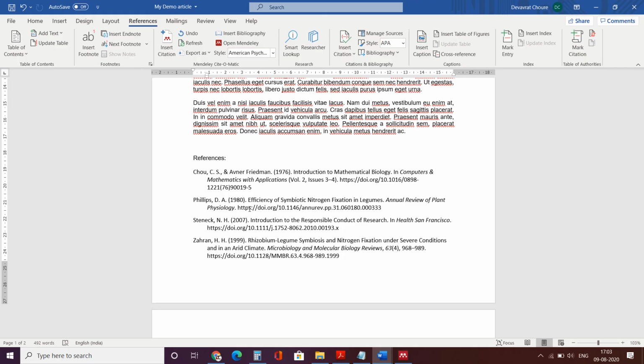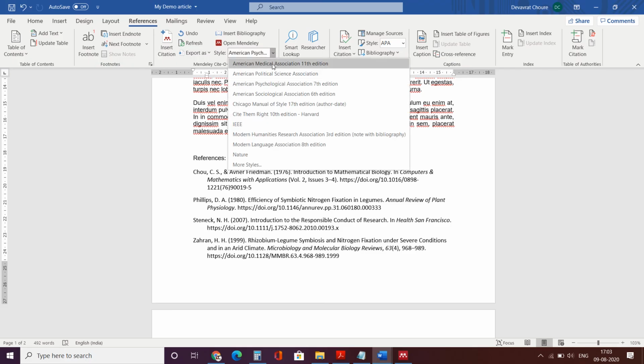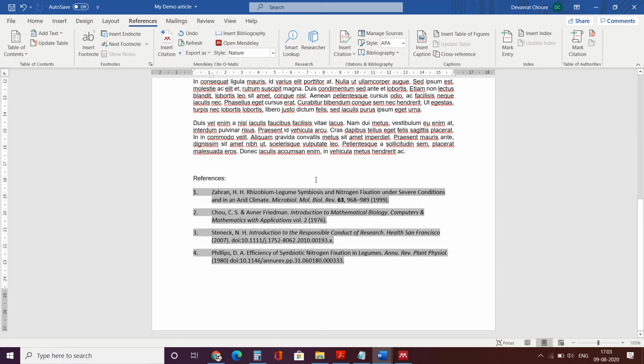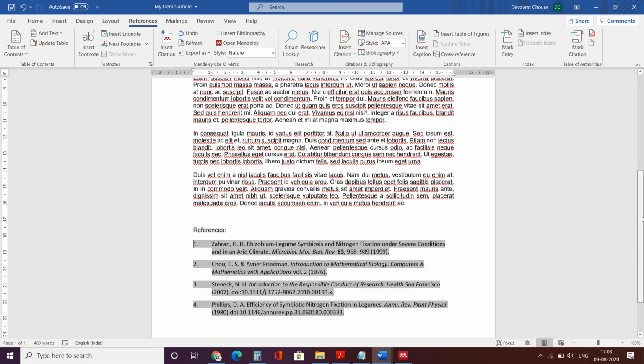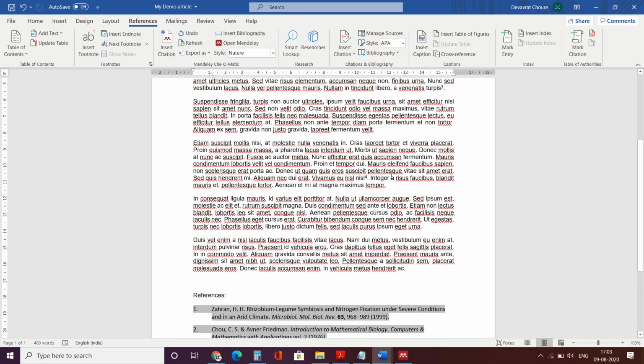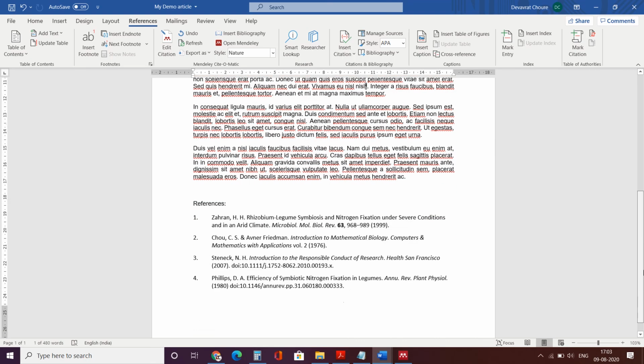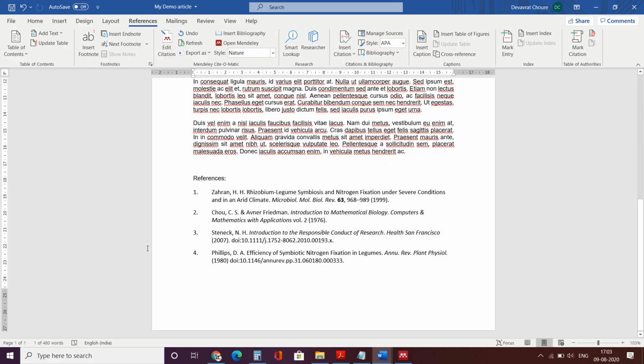If you want to change the citation style, then you can go here to change the citation style. Here, click here. You can click anywhere here, and select the citation style you want for your article. This time I will select Nature, and this citation style got changed. Here also it may have changed. This is superscript now. This reference is listed as superscript, cited as superscript, and here this different style is there.